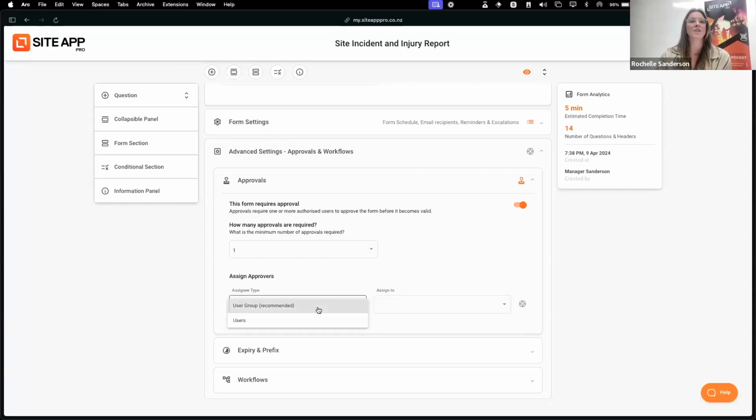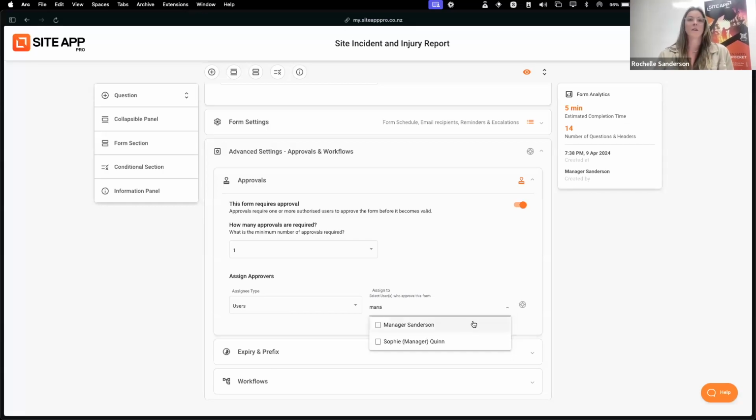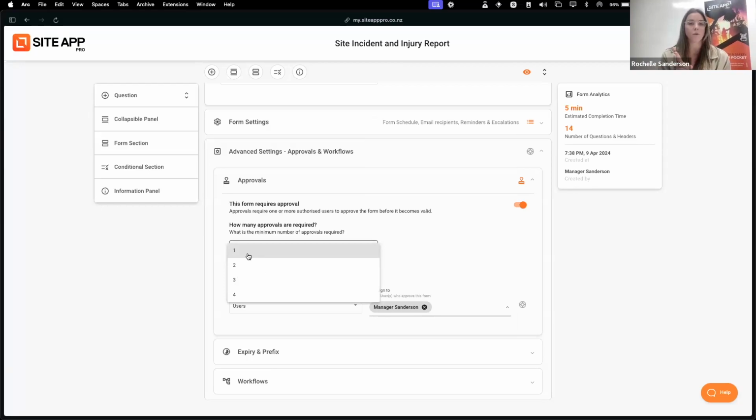So I'm just going to keep it to just a user for now, and then make it just that manager user. Perfect. You can select more than one if you need to as well, of course. You can assign it to maybe 2 specific users if you need to. Then I've got the number of approvals required as well. So in this case, I only need 1 approval, but I might have 2 or 3 people who get the